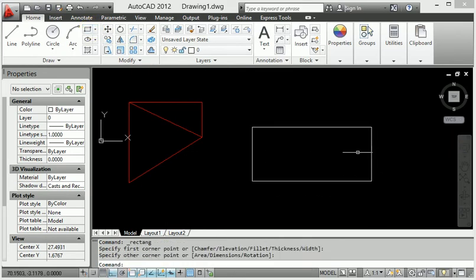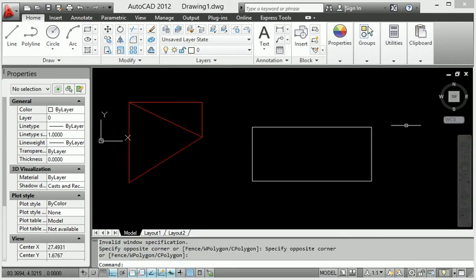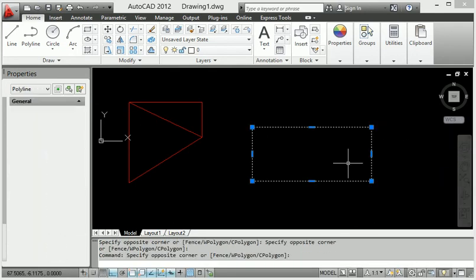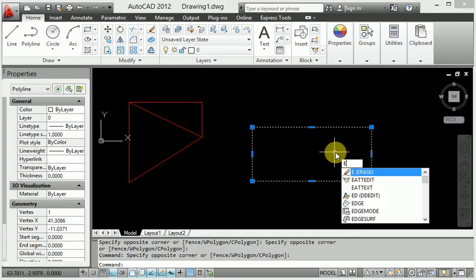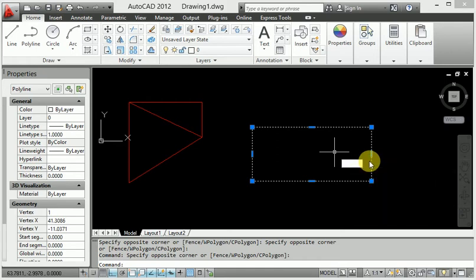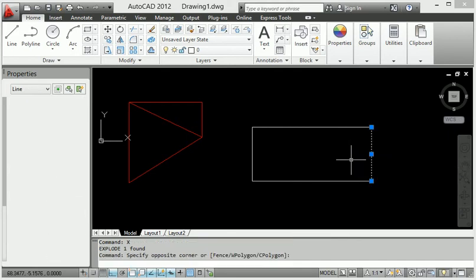Now let's create a rectangle also. The rectangle is before creating the block, right? Look at this, I select this one line and all lines are selected, but I want to explode it. The shortcut key for explode is X, enter.